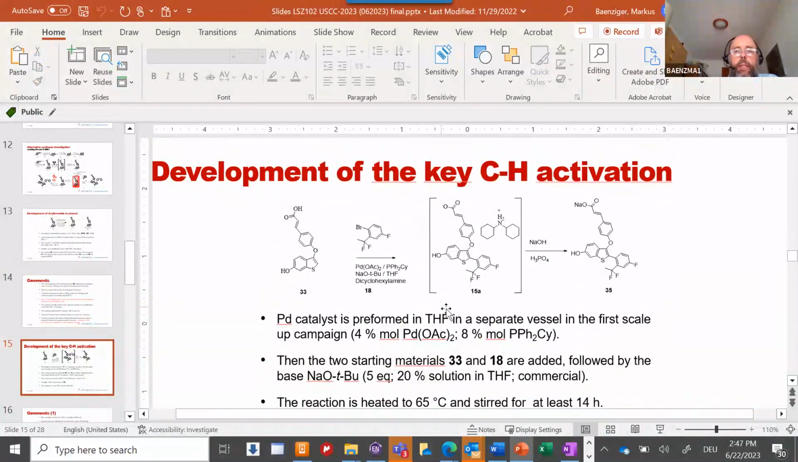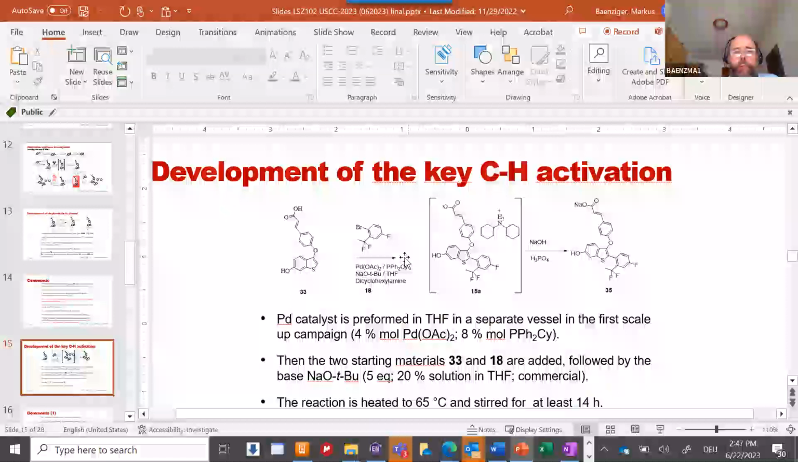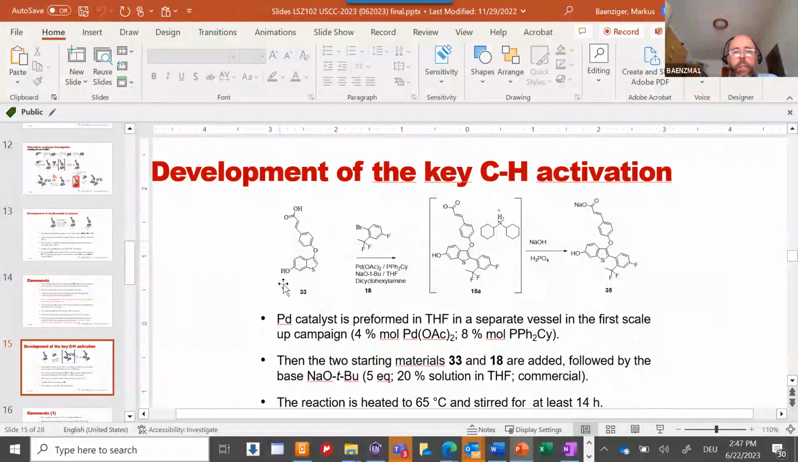The next step, the key step, is CH activation. So we started here also from this phenol, everything unprotected. The carboxylic acid and phenol were not protected. And here is the bromoaromatic. There was an extensive catalyst screening ongoing. And finally, we found palladium acetate and cyclohexyl diphenylphosphine, using sodium tertiary butoxide, 5 equivalents, in THF solution,